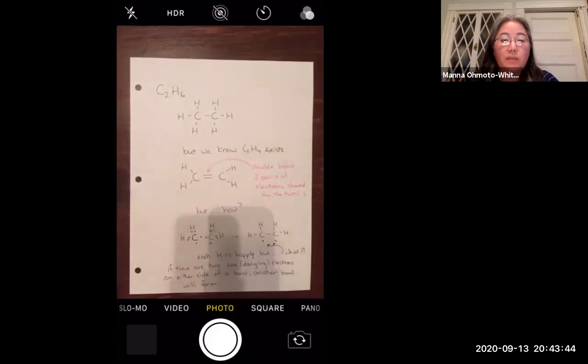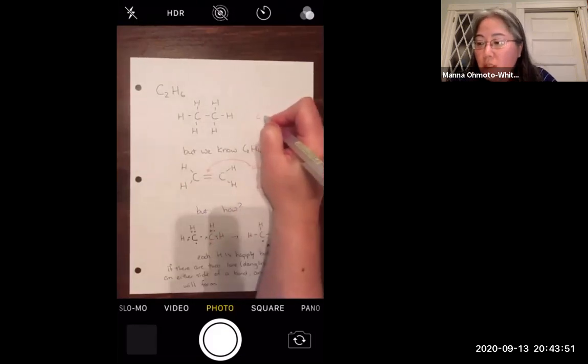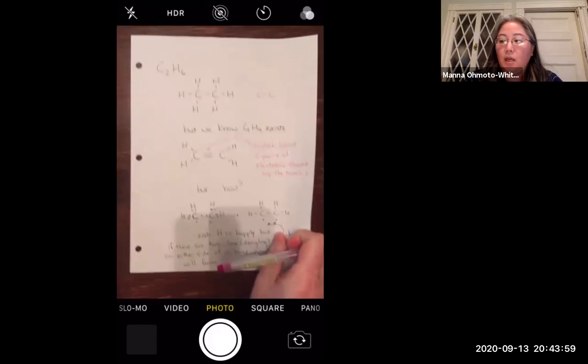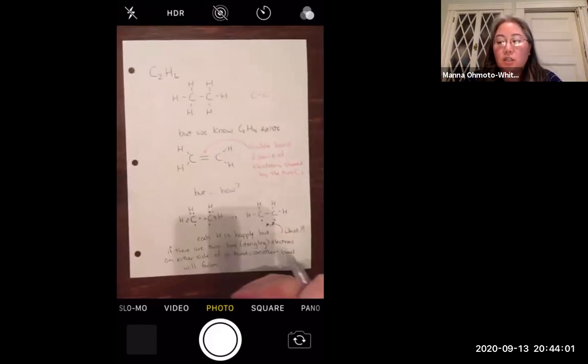Now, another way of depicting this oftentimes is that if there are hydrogens around it, we will just show the carbons and assume that the hydrogens are around that. We will get to that, but just wanted to introduce that. Let's look at other